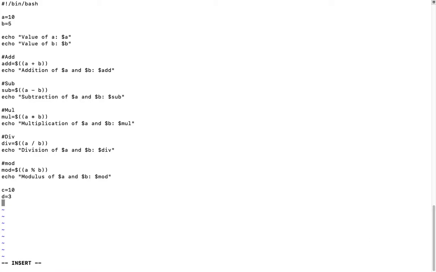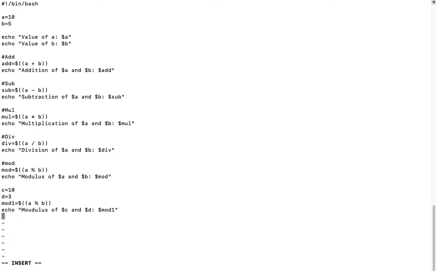So here we'll take another variable, mod1, and we do the same, $((c % d)), bracket close. Let's print this value as well: echo modulus of $c and $d colon $mod1.